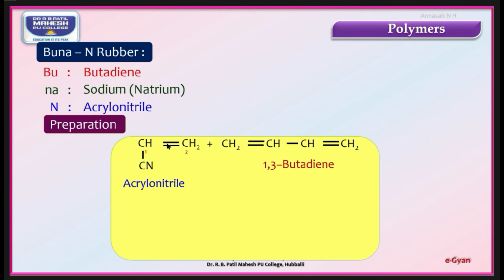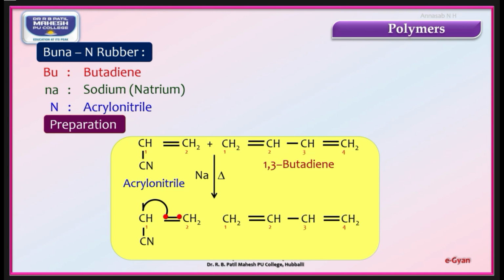Now these double bonds undergo homolysis, free radical mechanism, and that in presence of sodium leads to the formation of polymeric structure. So you can observe here, now these double bonds are converted into single. A new bond is formed between the CH2 group of acrylonitrile and the CH2 group of 1,3-butadiene. Double bond converts to single, single converts to double, double converts to single, and the new bond is formed to